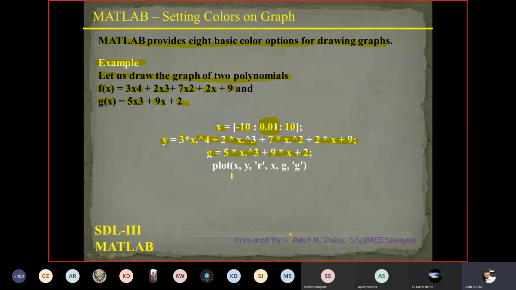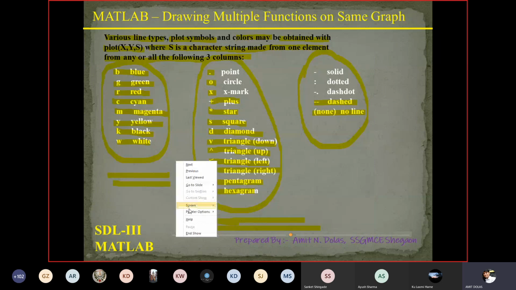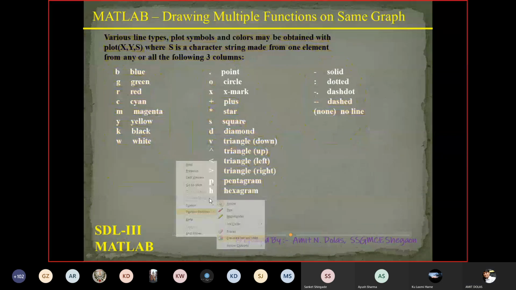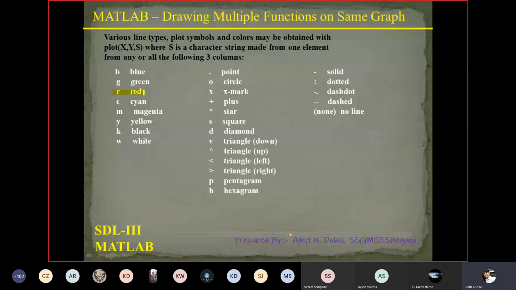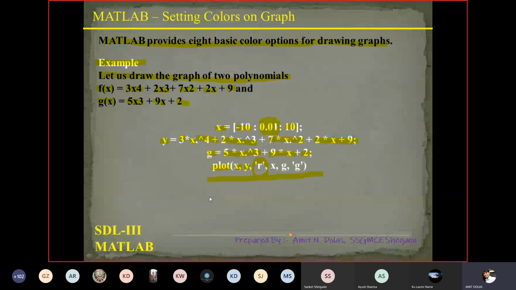Then this command we are focusing on, the last one, that is plot of x along with y with red color in single quote. It shows it is r. So as we have seen, r is for red color. So the first polynomial will be marked with red color.